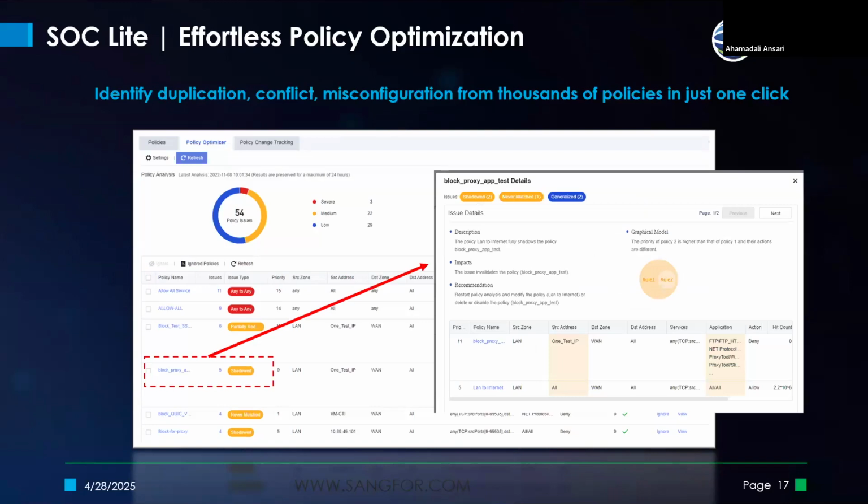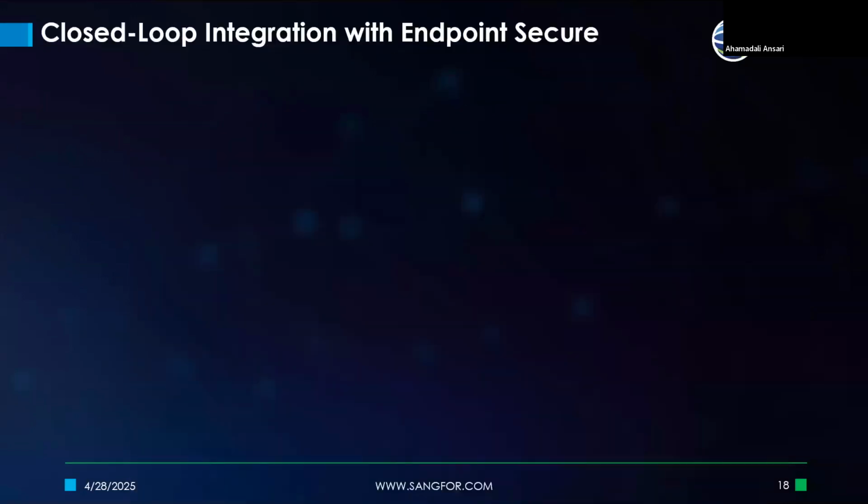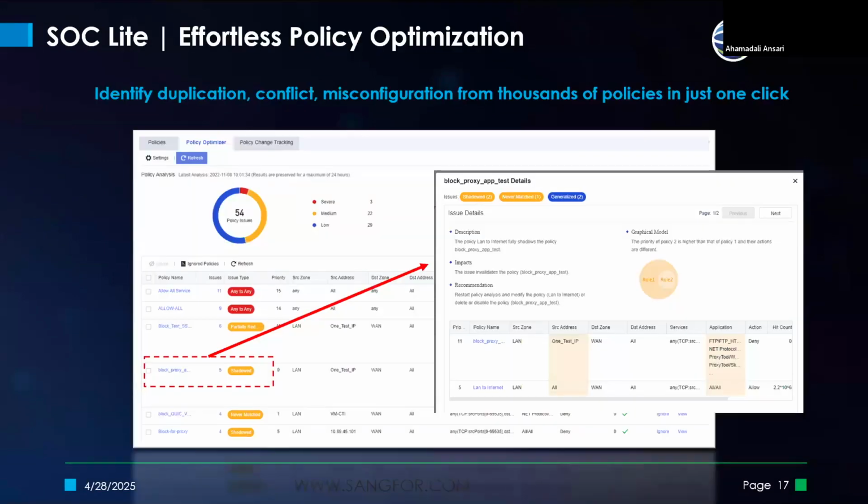So if there are two different policies and one is not working, optimizing the policies becomes a very important part over here. You can see rule 2 is coming under rule 1. So that is something which is very important. Policy optimization is again an added component. You can start running down to analyze all the policies and then identify if there is any policy duplication happening.